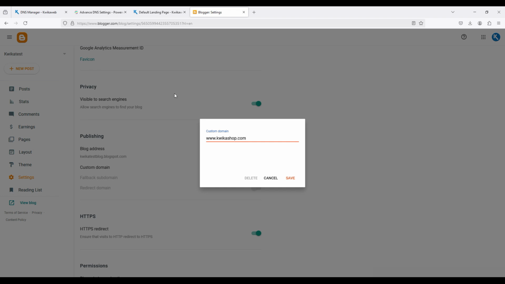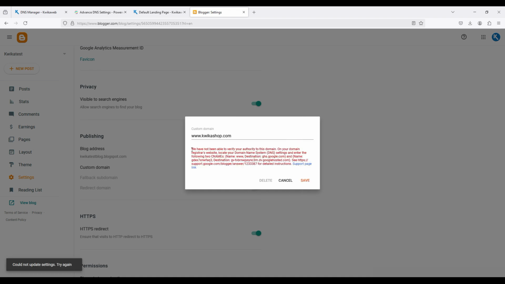You must put the www dot. If I put it as quickershop.com without the www dot, I'll get an error. I'll still get an error this time, but since I put www dot, it is an error giving me the records to add. So I'll click on save,